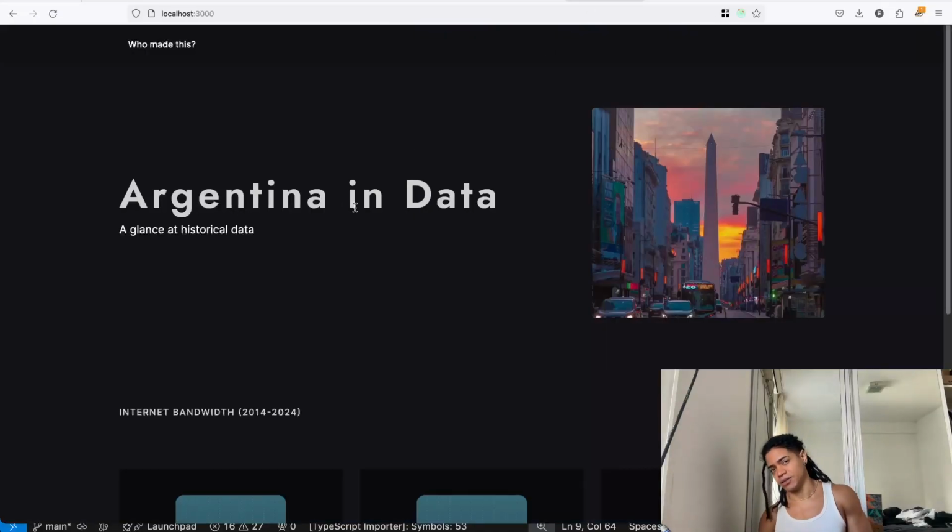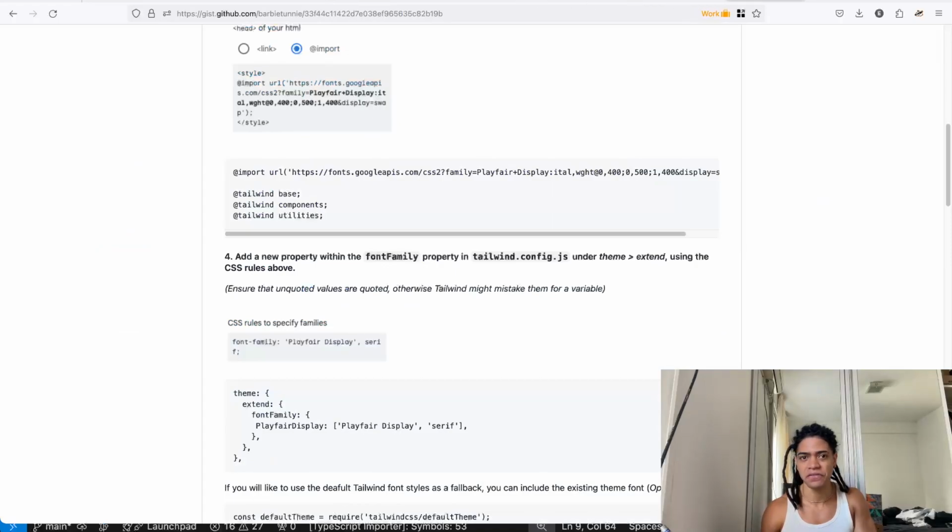Now it's applying. Okay, Argentina in data, a glance on historical data. Okay, this is another font here.